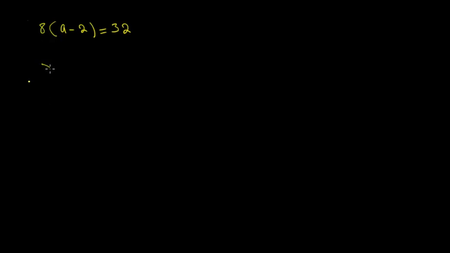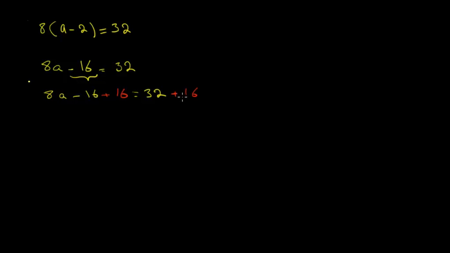8 times a is 8a. 8 times 2 is 16, equals 32. Now, the last operation here is 16. So we take care of 16 in order to have the variable all by itself. So 8a minus 16 plus 16 equals 32